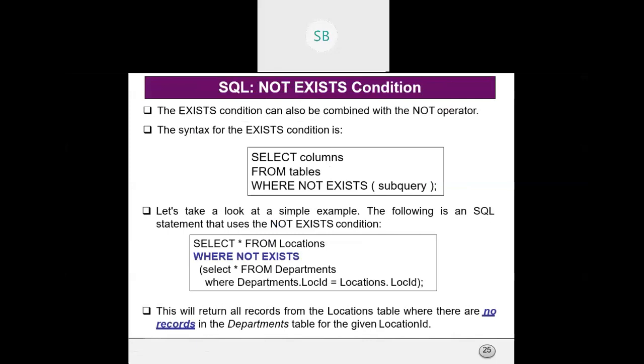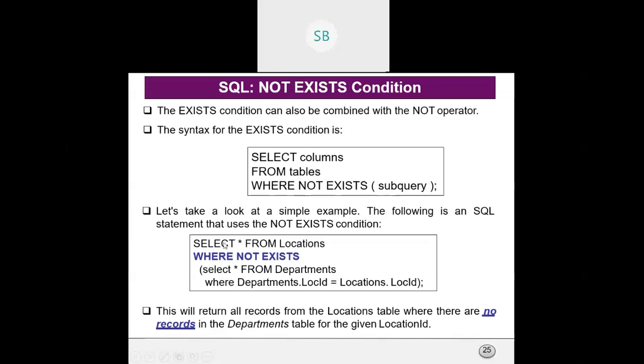Now, what if it does not exist? Since EXISTS is there, the NOT EXISTS condition is also present. The EXISTS condition can also be combined with the NOT operator, which is a logical operator. The syntax is: SELECT columns FROM tables WHERE NOT EXISTS subquery.